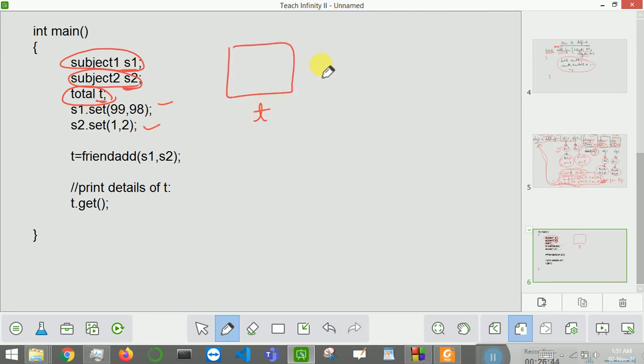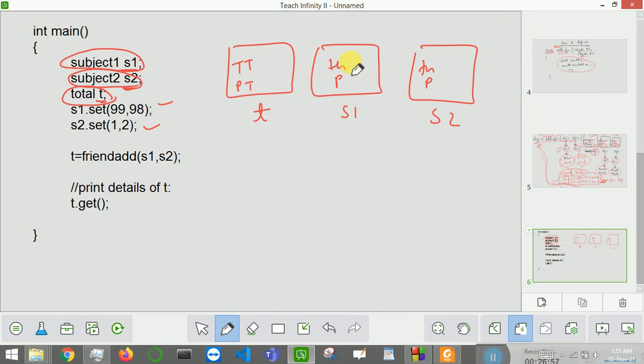Suppose this is an object t, this is an object s1, this is an object s2. For these objects we have theory marks and practical marks, theory total and practical total. Okay, for s1 you are assigning 99 and 98. For the s2 object you are assigning 1 and 2.